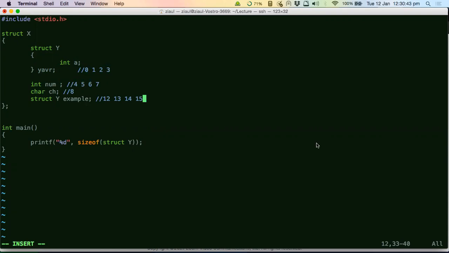So nested structures are clear, right? Let's move on. In smaller programs, you don't use this concept of nested structures, but I'm giving it to you so that everything in structures is covered.